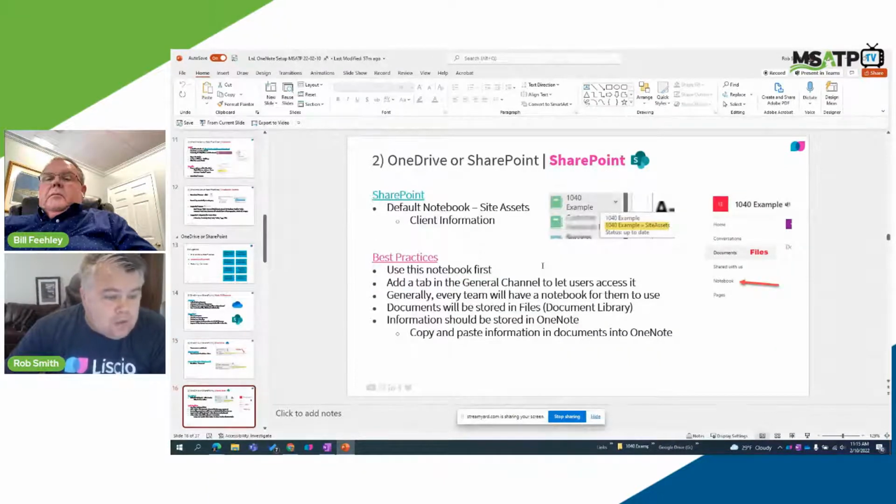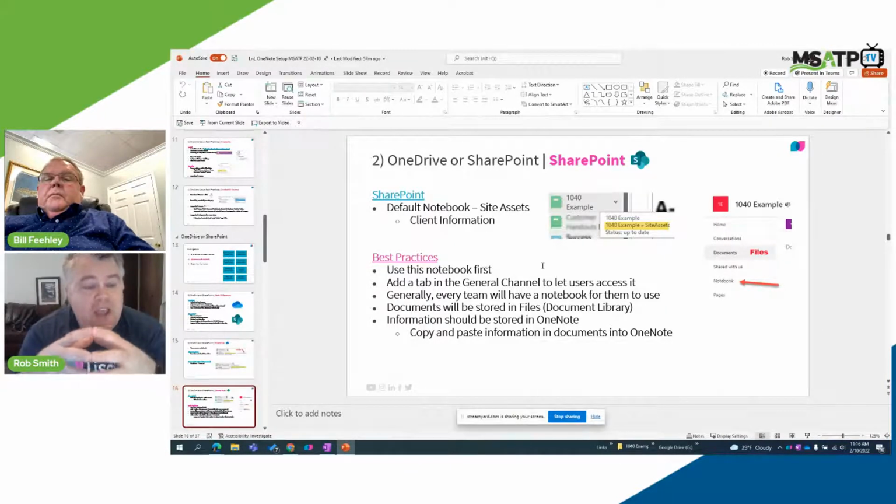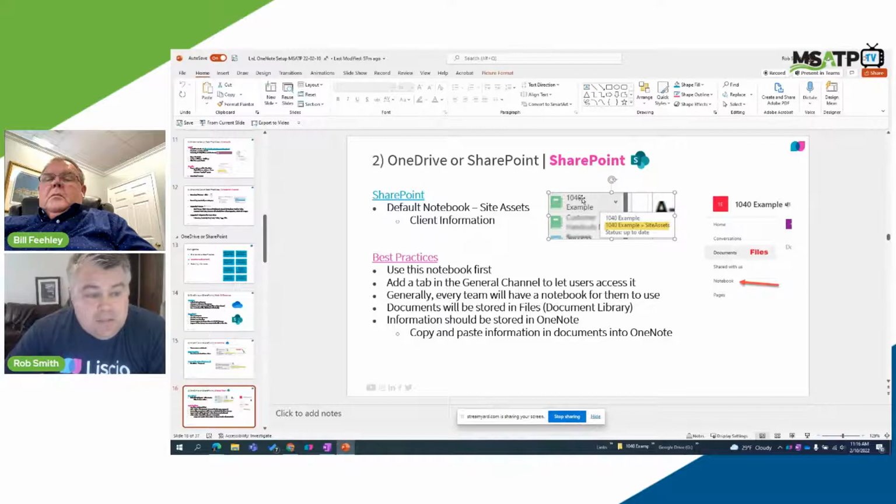Now, let's take a look at SharePoint. By default, every SharePoint site that you create is going to have a default notebook. So for example, I've got a team. I created a team called 1040 Example, which then created a SharePoint site. And if you actually go to the SharePoint site, which is this graphic right here, it actually has